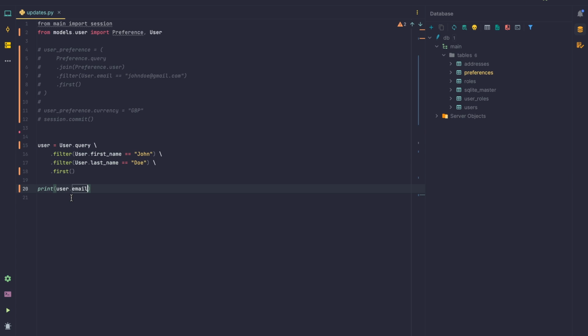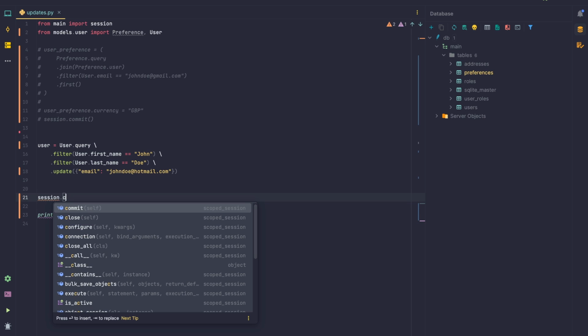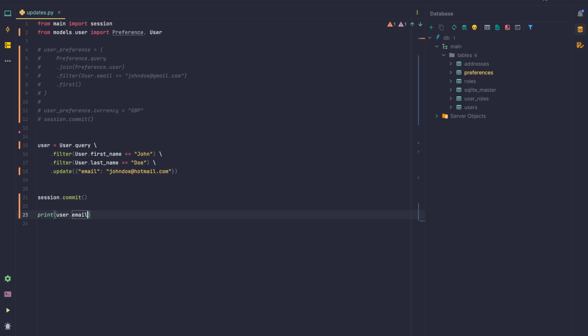However, what if we want to update that email? So instead of fetching the user, we're going to say update, and here we're going to pass a dictionary. We're going to say email, and we're going to set the new email. So we're going to say johndoe@hotmail.com, and here we need to commit the session. So we're going to say session.commit, and here if we run this,